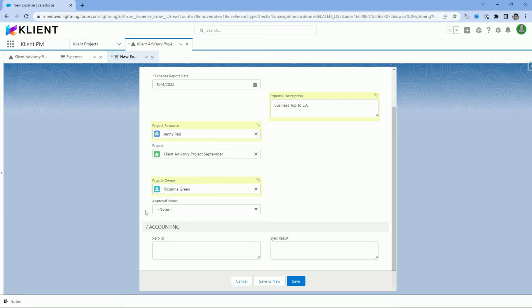And I don't want to include anything on the approval status because this field would not be editable. I just see it editable because I'm an admin. So at this point, there's no edition of this field at all. And these would be exclusively used if you have a relationship with an accounting system. So if I click on Save,